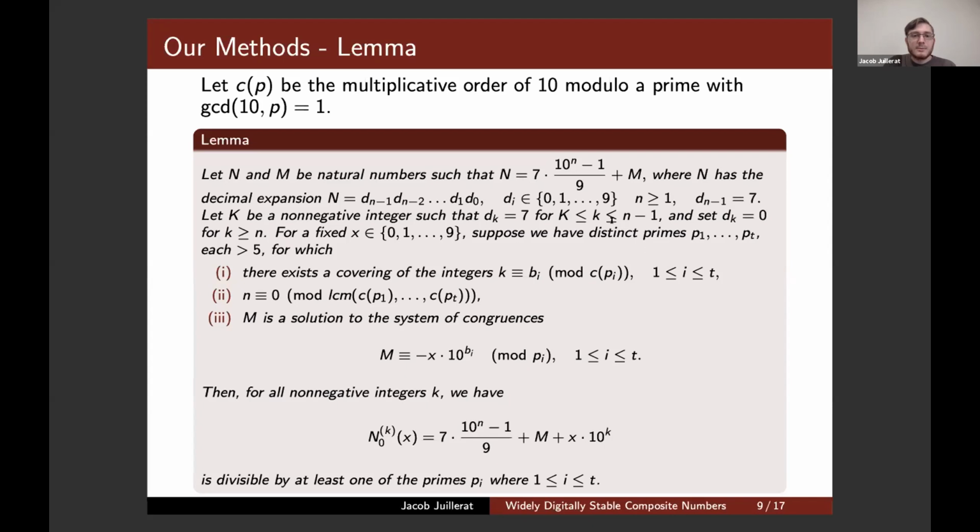And we will have a similar lemma to this when we are dealing with inserting a digit into the leading 7s. In particular, we'll just have n7 down here instead of n0. And then this m congruent to negative x times 10 to the bi will be negative d minus 7 times 10 to the bi, and then minus 7 times 10 to the